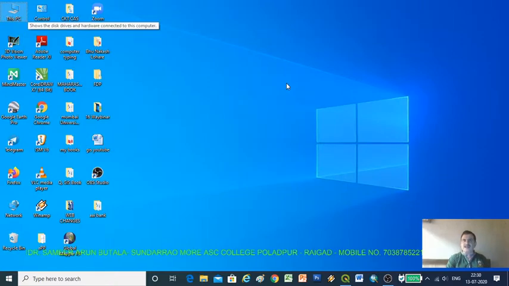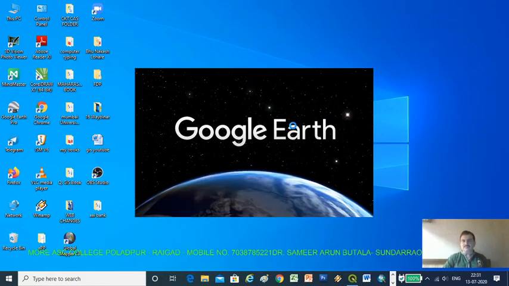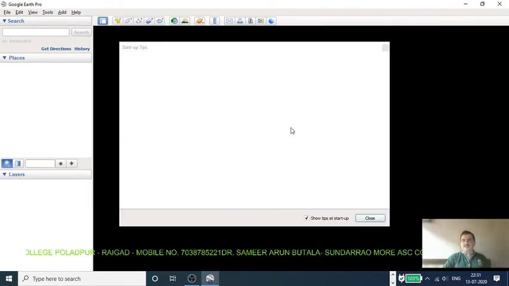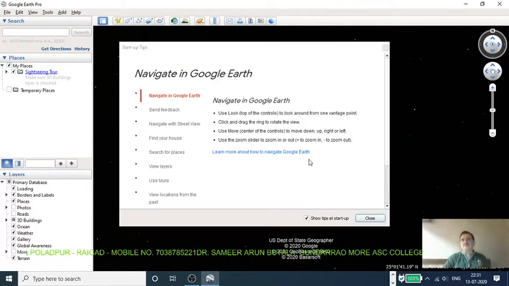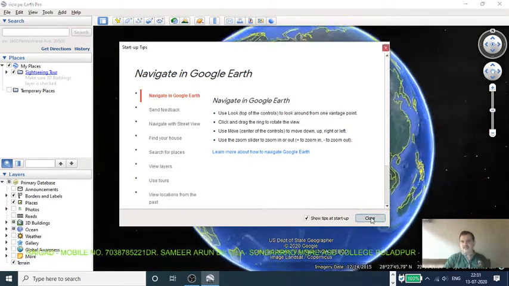So we will start from Google Earth. I have set up Google Earth with a desktop icon. I just double click Google Earth and the Google Earth portal will open. Before that, we have to do our work folder-based.